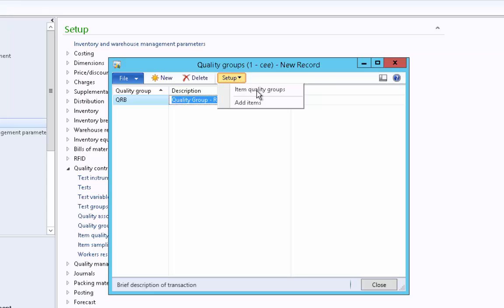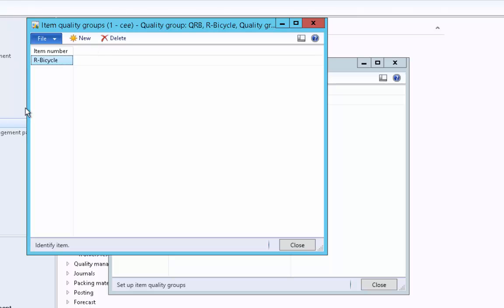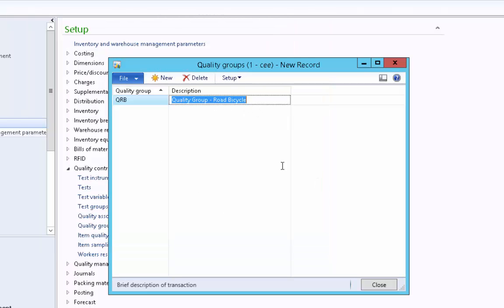All the added items can be checked by clicking on item quality group, and here we see all the items which have been linked to this quality group. We can add new items from here as well. So for now we have one road bicycle belonging to this quality group,